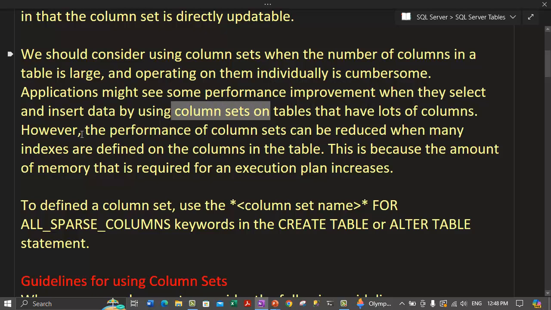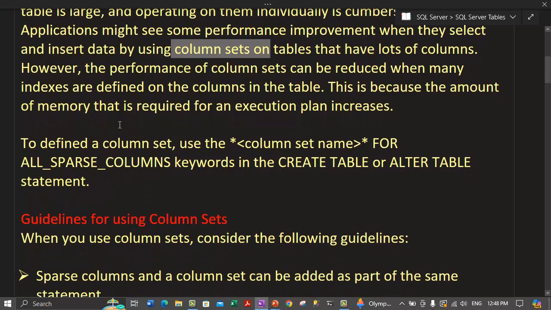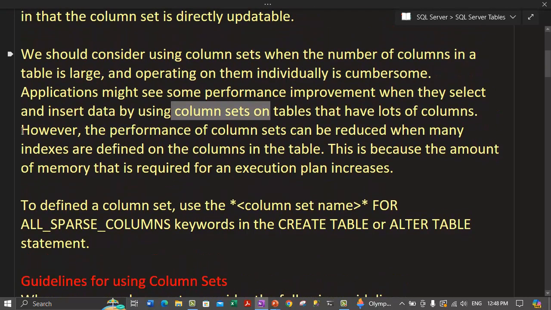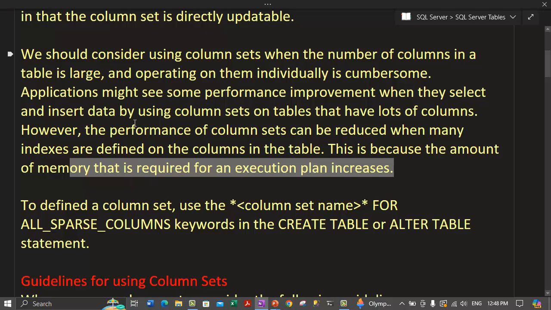Alright, so sometimes applications can gain performance benefit whenever they use column sets instead of working with the individual sparse columns. However, the performance of column sets can be reduced when many indexes are defined on the column in the table. So this is a point where the performance can be impacted. If there are columns in the table where many indexes are defined, then the performance of column sets can be reduced in that scenario. And this is because the amount of memory that is required for an execution plan basically